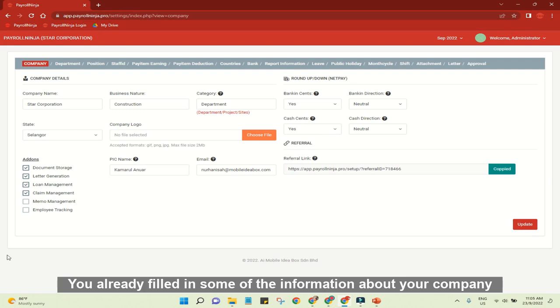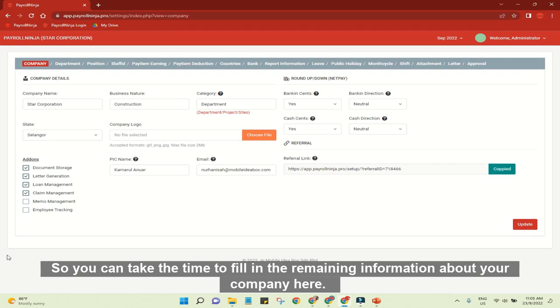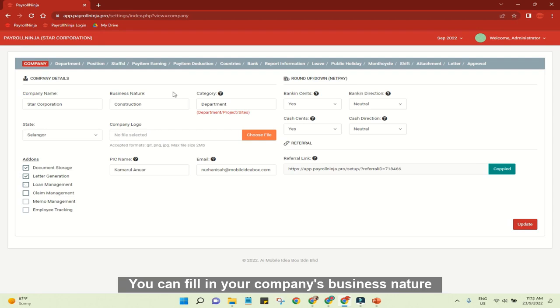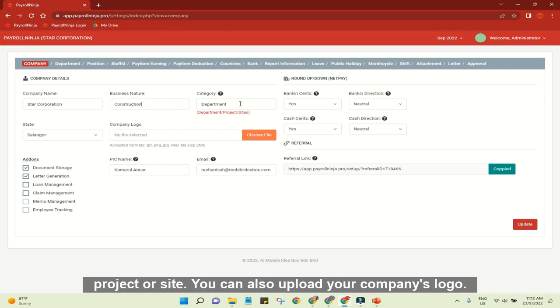You've already filled in some of the information about your company when you registered your account with us, such as your company's name, your state, and email address. So you can take the time to fill in the remaining information about your company here. You can fill in your company's business nature here, and how you categorize your company, whether it's by department, project, or sites. You can also upload your company's logo